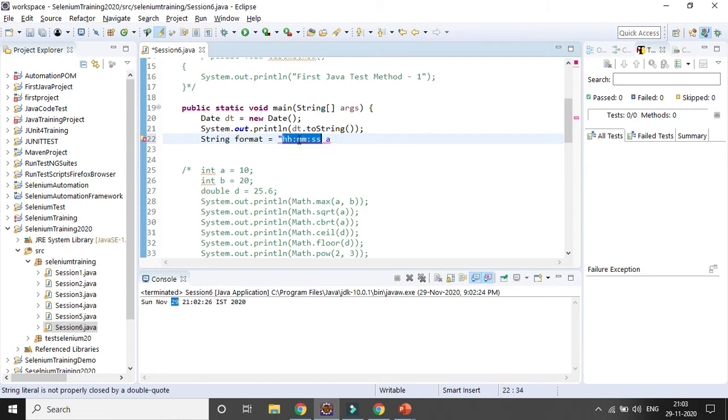For hour it is small h, for minute it is small mm, for second it is SS, and for millisecond just simply a word. Okay. And then I want to get, suppose date dd, suppose I can give this format or this format, whatever format I can give it. So dd mm, this format, and then yy.